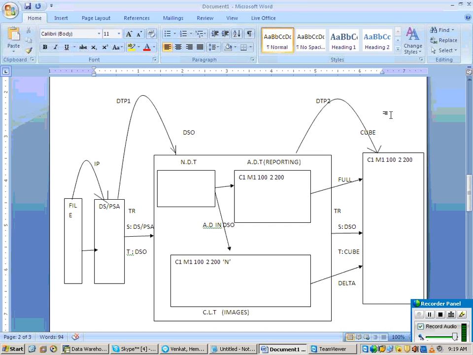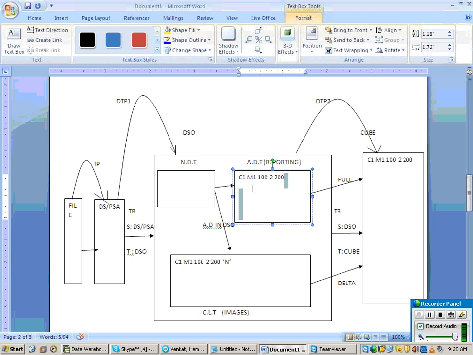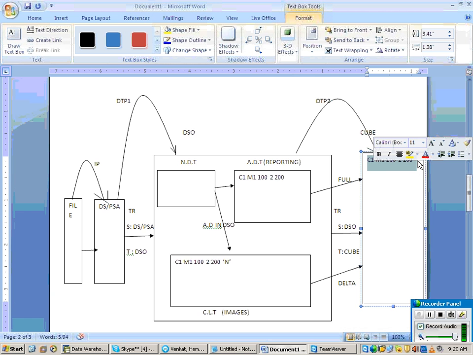Now when I am developing a report on DSO, the data is coming from the active table. Is it clear now? Any doubts with this first file part?